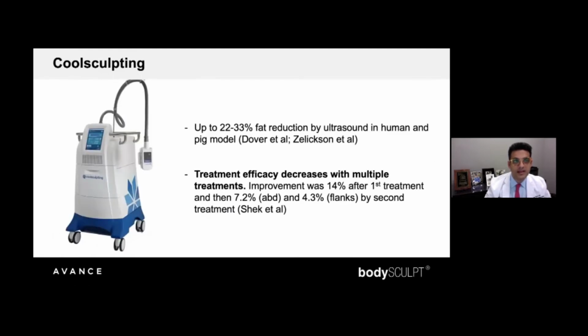for patients. If you look at cryolipolysis, cryolipolysis is interesting because the studies are a little bit optimistic, I think. A lot of the studies talk about a 20 to 30% fat reduction by looking at ultrasound. And frankly, ultrasound is probably one of the worst modalities to look at this because it's very user dependent and it's very easily manipulated. But more than that, the treatment efficacy with cryolipolysis diminishes basically by half every time you